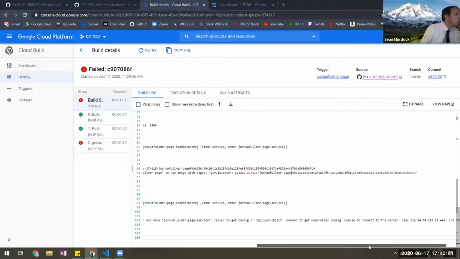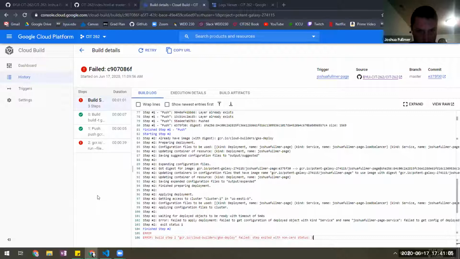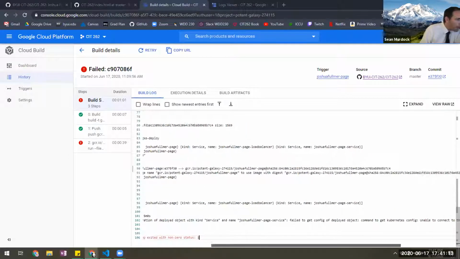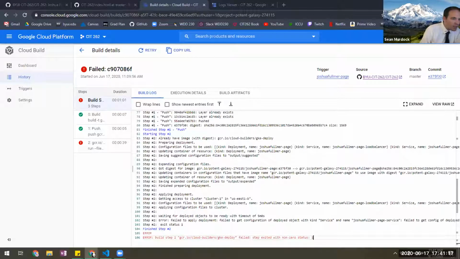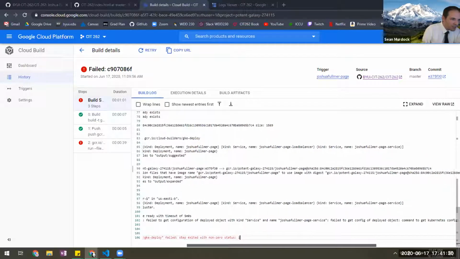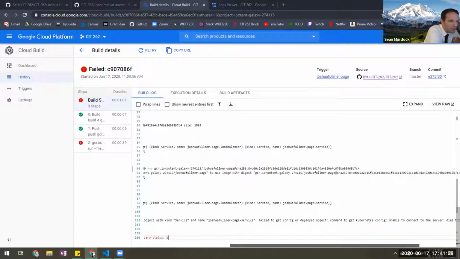Oh, wow. Can you, yeah, that's a failed to get config of deployed service. Line deployment. Getting access to cluster 1. I'm on line 97. Okay. Configuration files to be used, kind deployment, kind service, applying configuration files to cluster. Okay, failed to get config of deployed. Can you scroll over one more time? Yeah, of course. Which line are you looking at? The failed one. Failed to get config of deployed object. Command to get Kubernetes config. Unable to connect to the server. Dial TCP